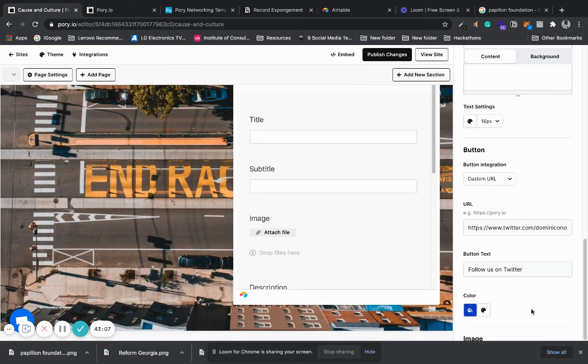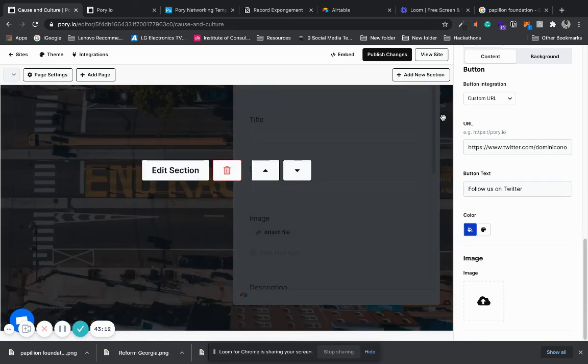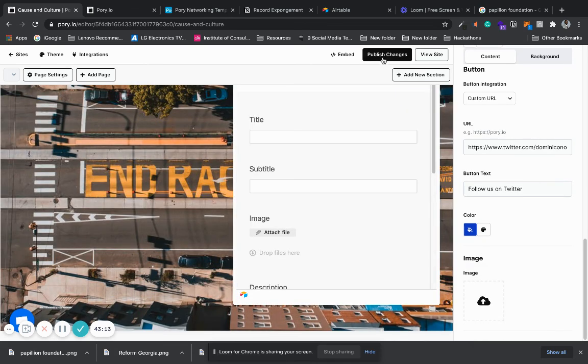It says add a cause brand, and maybe the last thing we want to do is we want to make sure we're publishing, but we're going to add a new section,